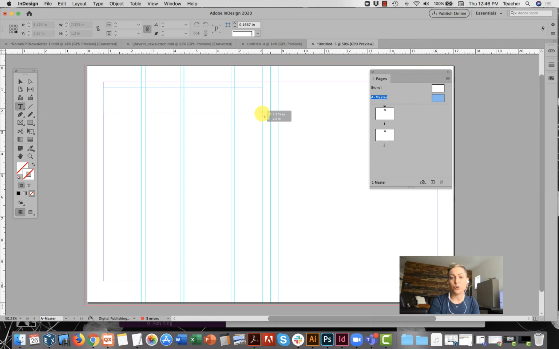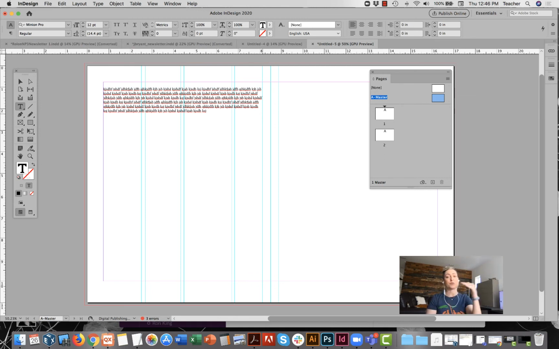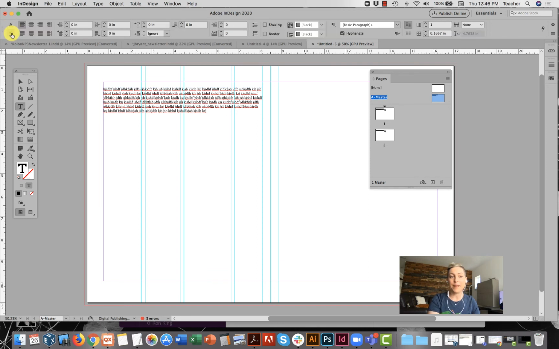I am creating one long text frame that goes from margin guide to margin guide on one side of the paper. And there's a really cool trick. I'm just going to go ahead and pretend like I'm typing super fast placeholder text into this text frame so you can see that it goes all the way across one long column. Don't ever do this, by the way. You always want columns for body copy. But we're making it one long column because I am going to trick InDesign